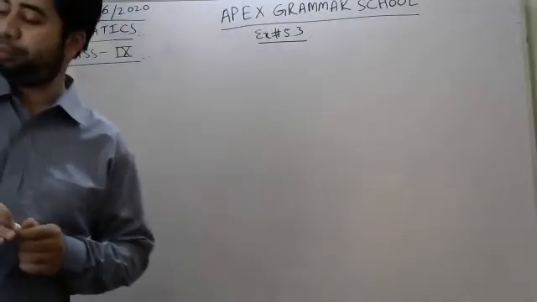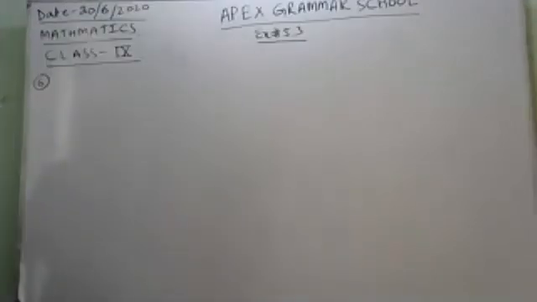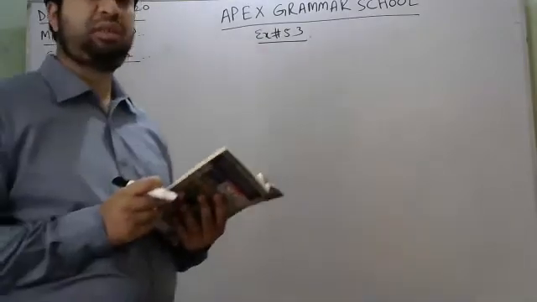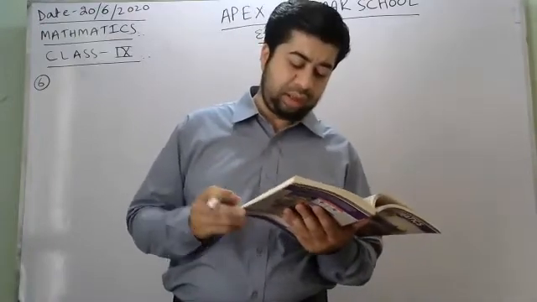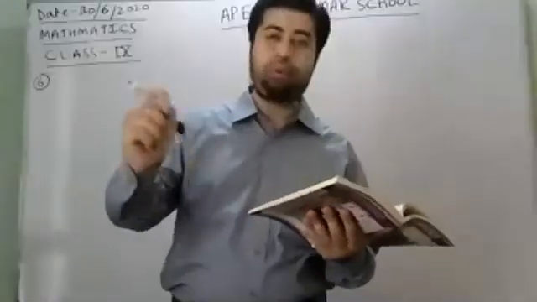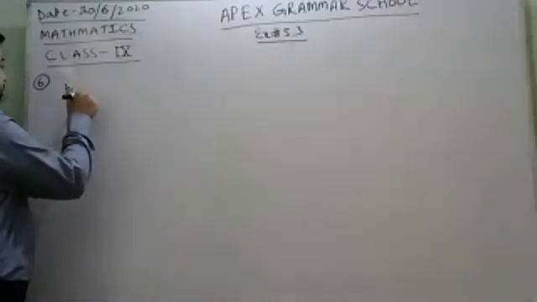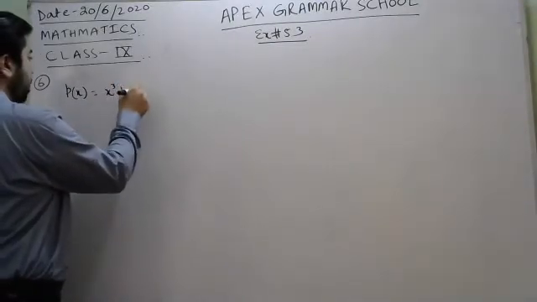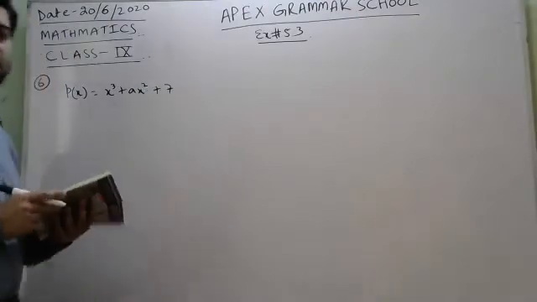This is a long question. He is telling about the remainder after dividing. On page number 109 of your books, open it and read the situation, what he is telling. The remainder after dividing the polynomial. The first polynomial is p of x, that is x cubed plus a x squared plus 7. This is the polynomial.